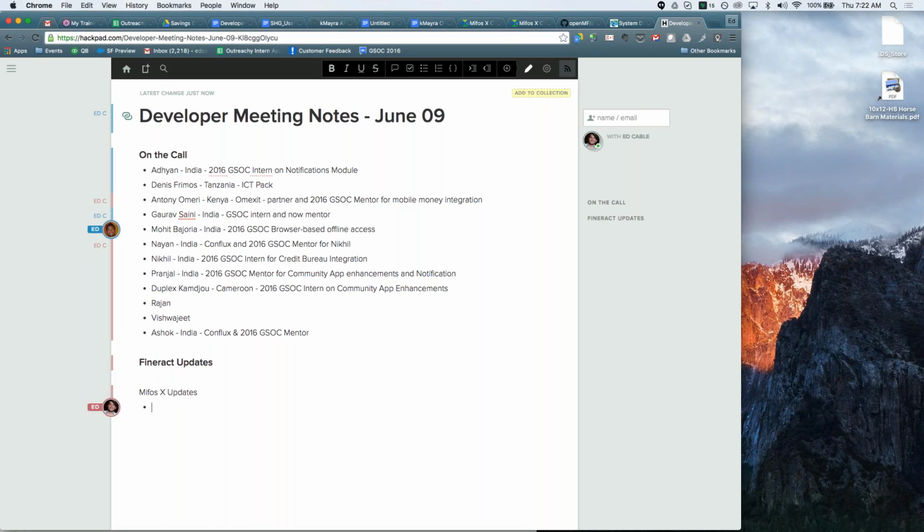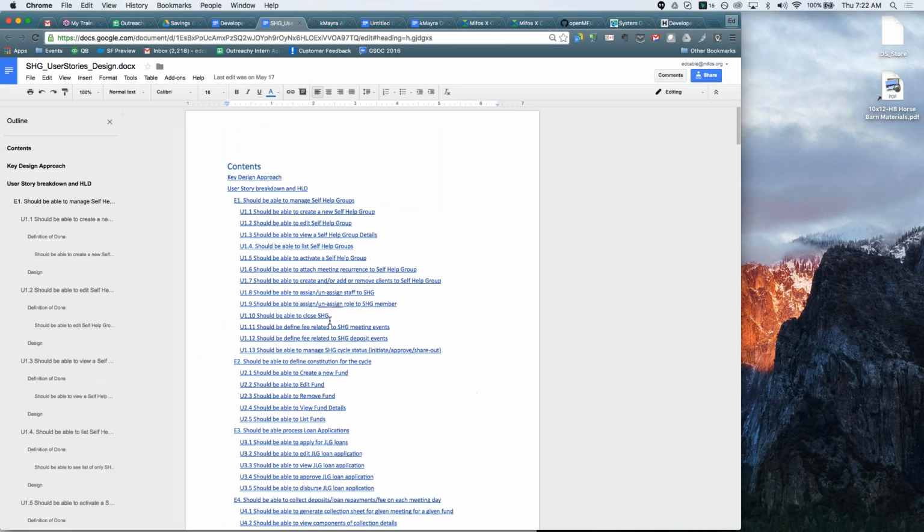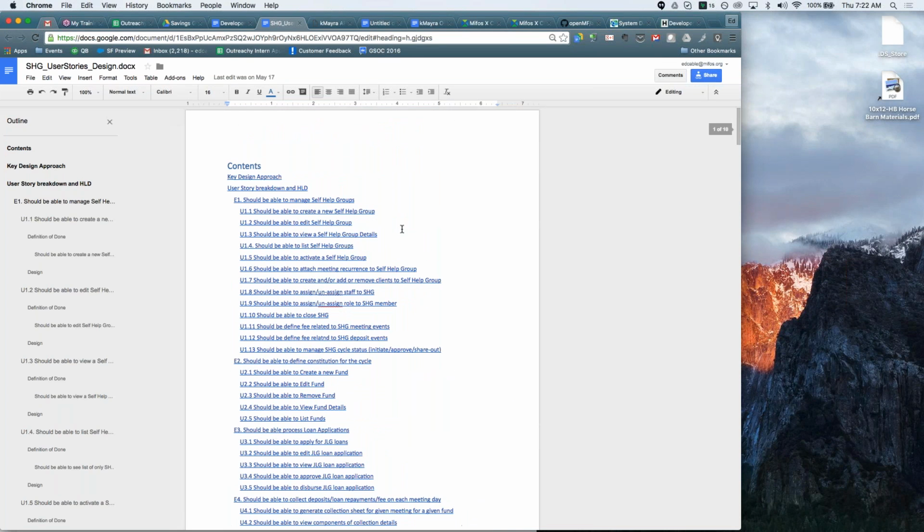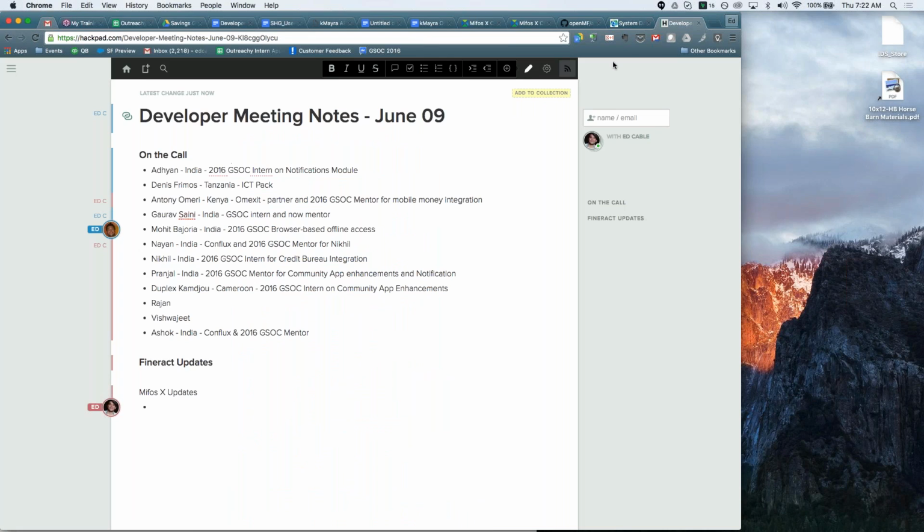The core team is working off of this specification document that I have on my screen, and this is completely consuming the core team right now, but we are looking to bring on some additional resources to take up some of the features and enhancements that we had presented as other options for this quarter. Currently the majority of the work is on savings groups and enabling support for this, as we have a very important pilot project happening with one of our partners in the community.